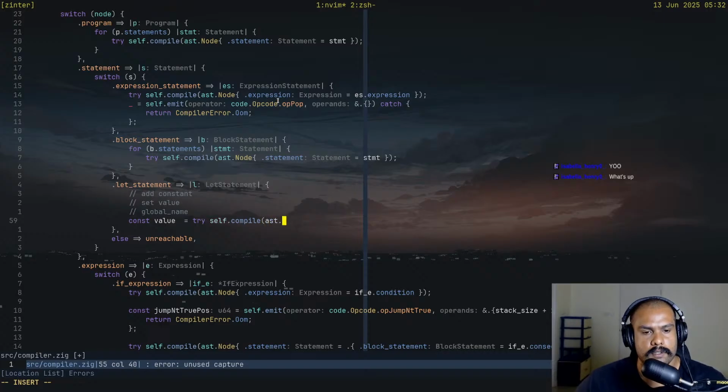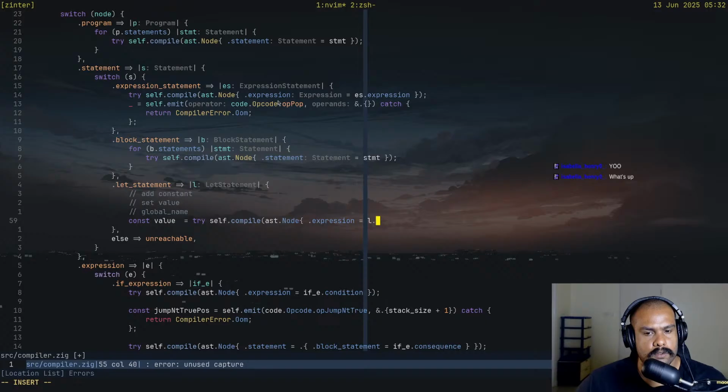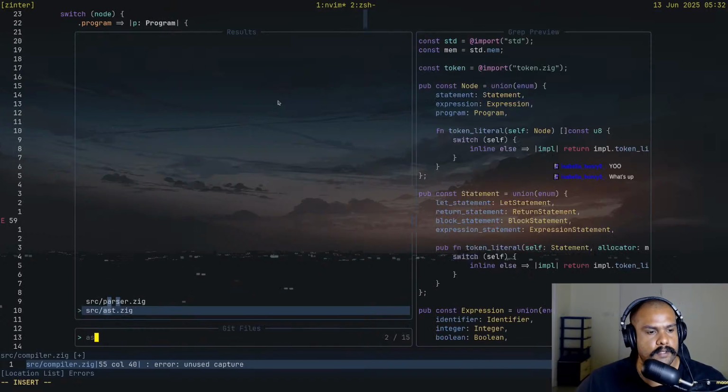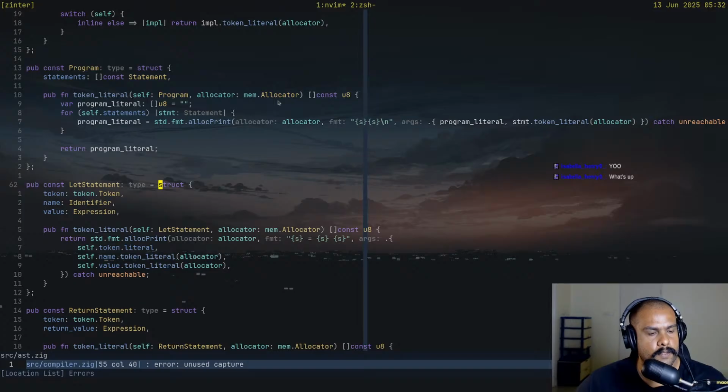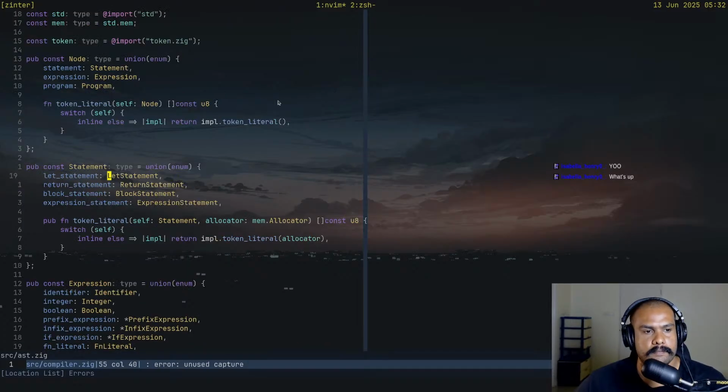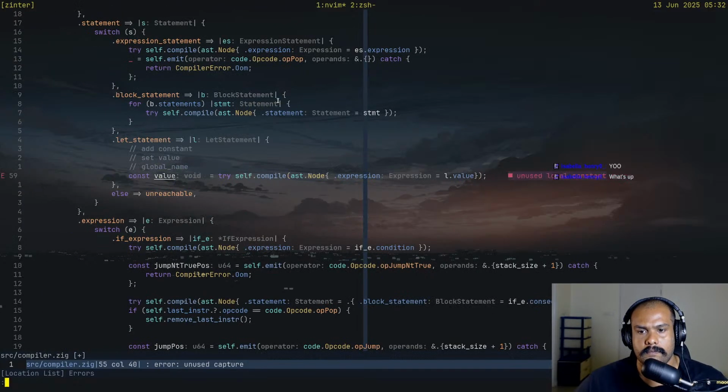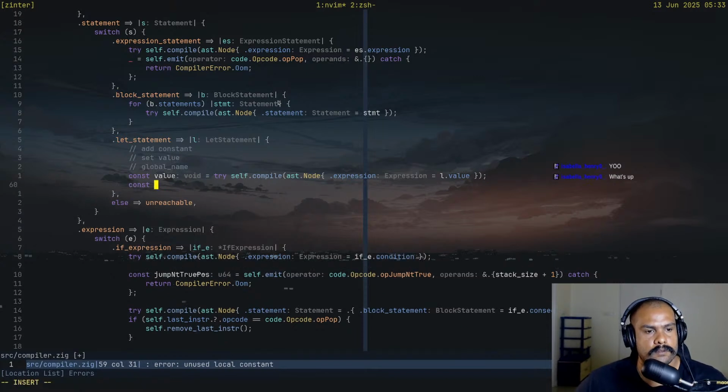A node, ast dot node dot expression dot value, ast name value is an expression. Okay, so const. No. Gotta make